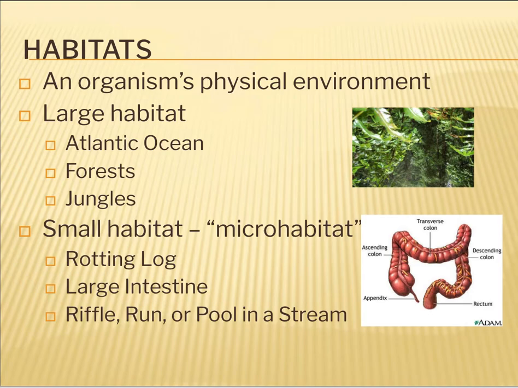Each living thing on Earth has some sort of home. Remember back to first quarter when we were talking about the four bare necessities? This is it. All living things need a place to live. We call that place to live their habitat. Some habitats are extremely large, like an entire ocean for migrating whales, while some are very tiny, also known as microhabitats, like one small rotting log for a colony of bacteria. Regardless of its size, all habitats have to contain everything that an organism needs to survive: food, water, air.